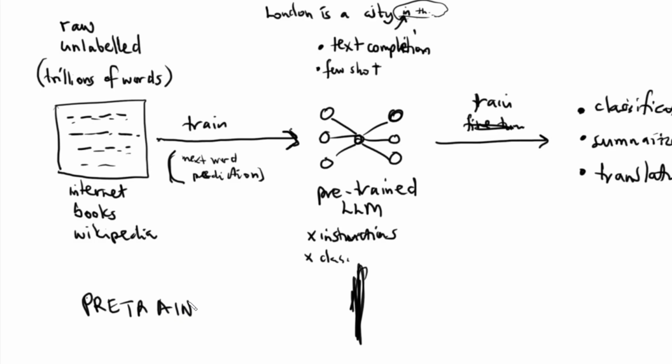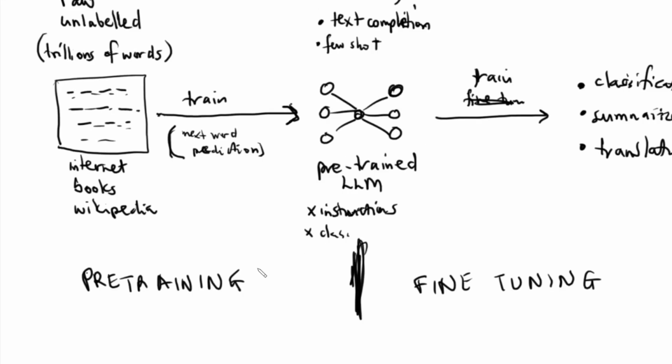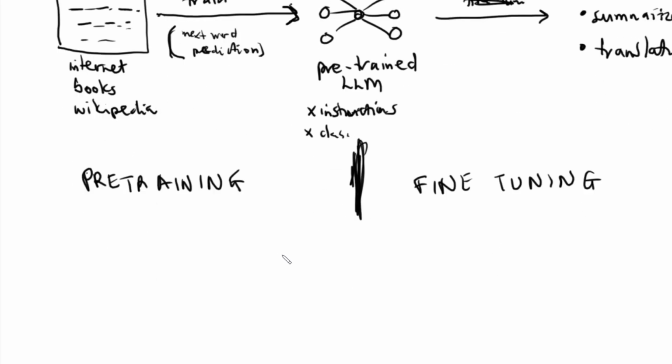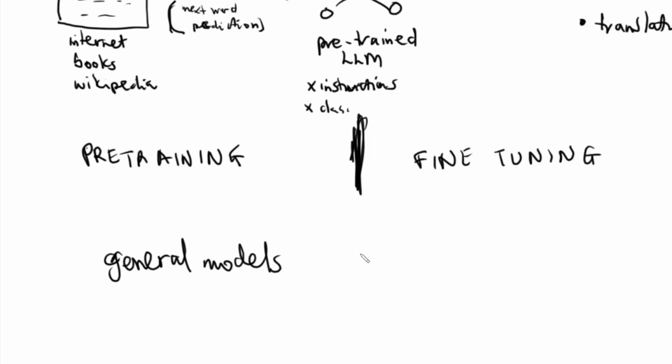So this is the pre-training phase, and then this is called the fine-tuning phase. Why would anyone be considering these two? Or why would we want to learn about this? Sometimes you want to create your own model because maybe it performs better than the general models. The ones that we get from ChatGPT and OpenAI are general models. But maybe on the use case that you're working on, you want a specialized model that performs very, very well